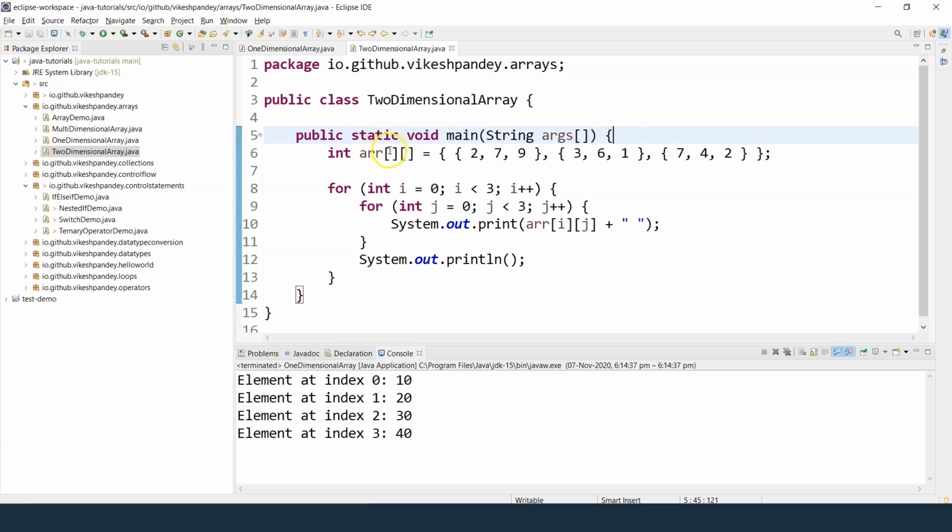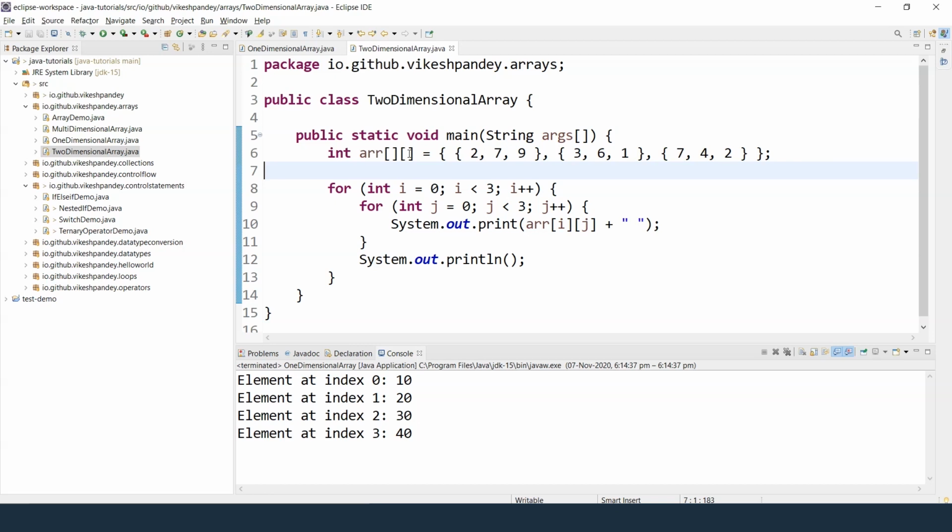The first change is instead of a single square bracket, you're going to write 2 square brackets because it is a two-dimensional array. So remember, the number of square brackets you put while initializing and declaring the array is the number of dimensions your array is going to have. Since this is a two-dimensional array example, that's why you see 2 brackets here. If this was a 3-dimensional array example, you will see 3 square brackets here, and so on and so forth. So that's the first part of it.